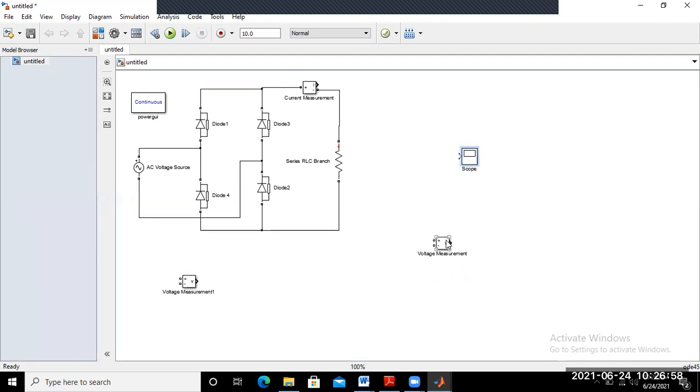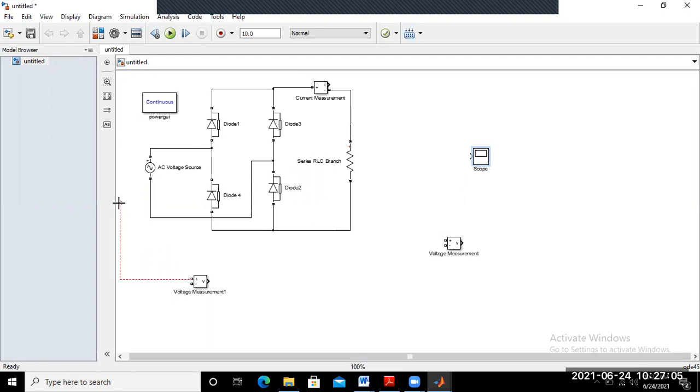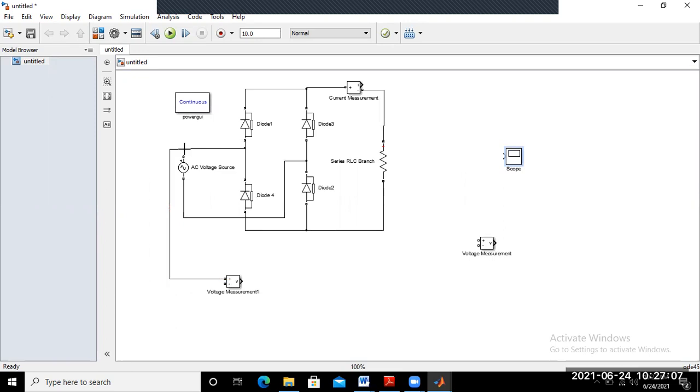So first of all, connect this voltmeter to the supply voltage. This voltmeter is connected in parallel with the supply voltage, so this measures the supply voltage waveform.